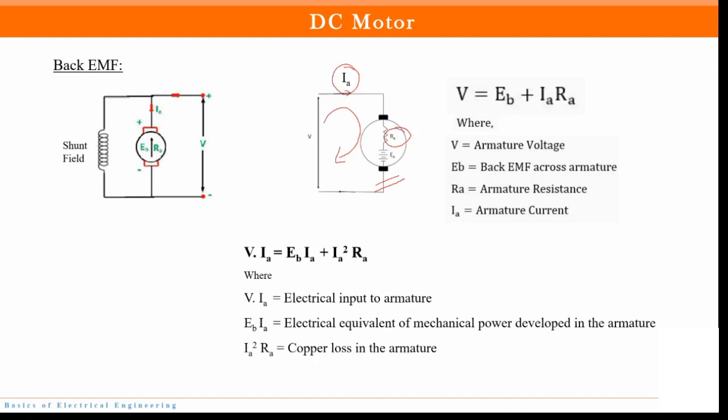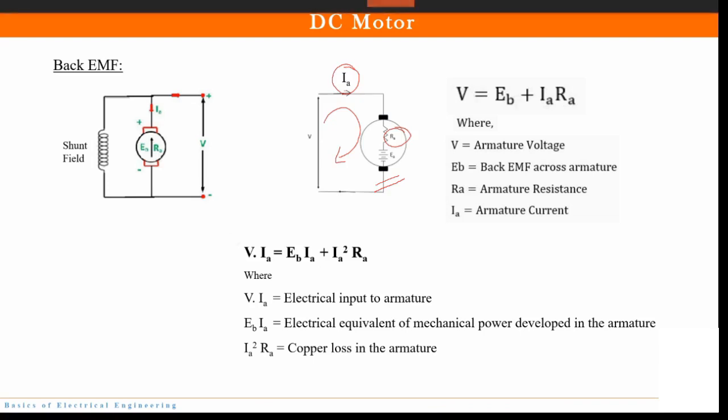Now if we wish to calculate the power, how do we calculate the power? Power is the product of voltage and current. So when we multiply this equation by IA, we get the power. Fine. So the new equation, which is the power equation, will be this. Fine. Now here V into IA. This product represents the power which is the input power to the armature. The power EB IA is the electrical equivalent of the mechanical power which gets developed inside the armature. And IA square RA